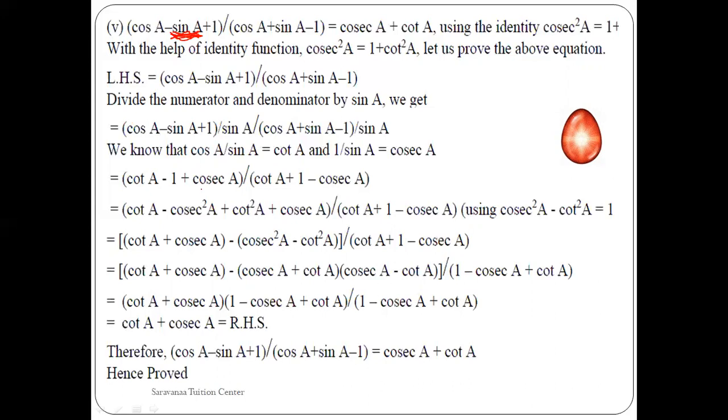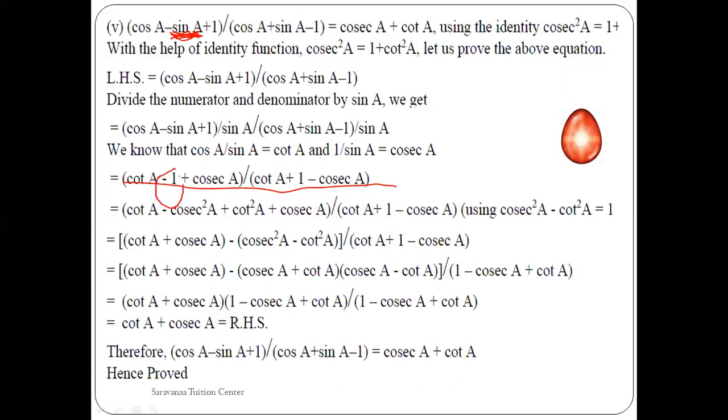Okay, so cos A by sin A minus sin A by sin A plus 1 by sin A, by cos A by sin A plus sin A by sin A minus 1 by sin A. You get (cot A minus 1 plus cosecant A) by (cot A plus 1 minus cosecant A). Yeah, you get that here. Next, cot A minus cosecant square A plus cot square A plus cosecant A. So here